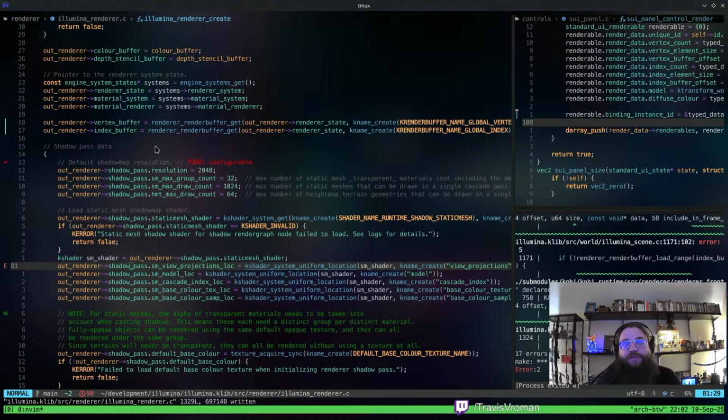So think of it this way: an engine asset would be like a Kohi texture, or a Kohi material, or a Kohi static mesh, right? But the thing that comes from a JPEG or an OBJ or whatever is obtained via an importer, right? Which is an external tool set. So I've externalized that stuff.